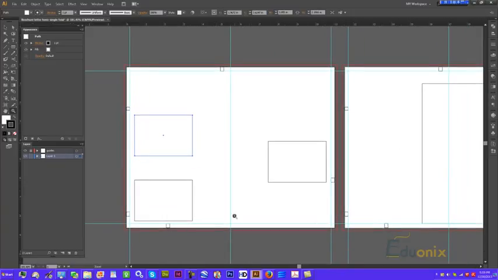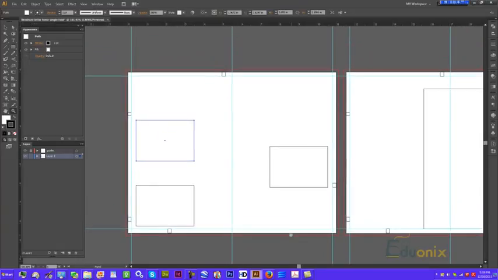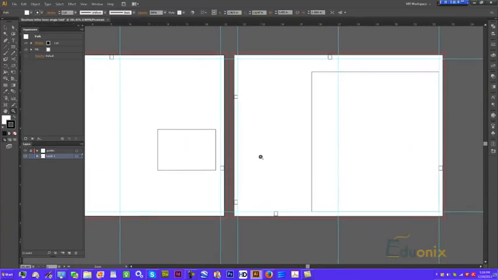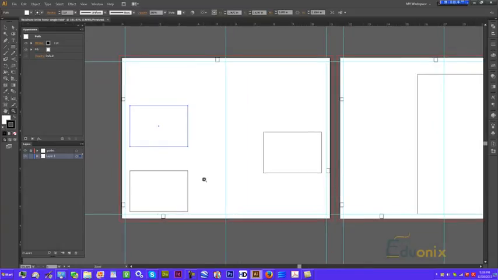But since this is just single side, one piece of paper, I've opted to just do 2 pages on 1 sheet. Anyway, if you're doing multiple pages, you should make 5.5 by 8.5 artboards, and 4 of them. And then just have a whole big one for a cover. Anyway, back to this. 3 images, and